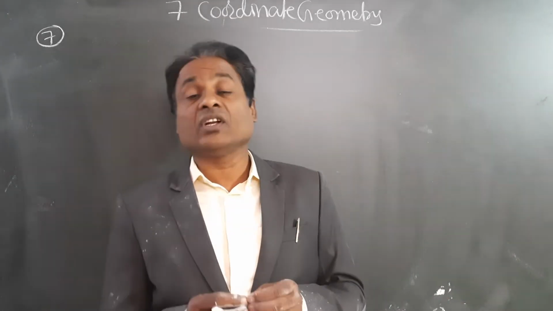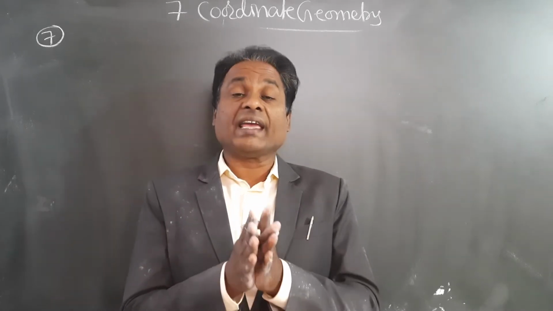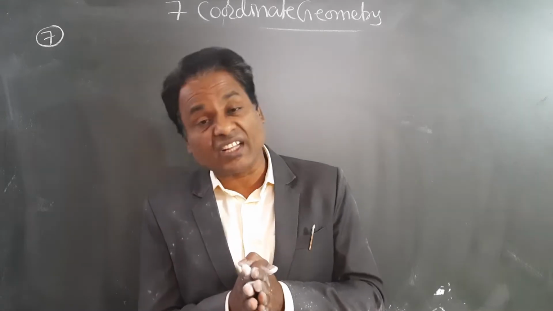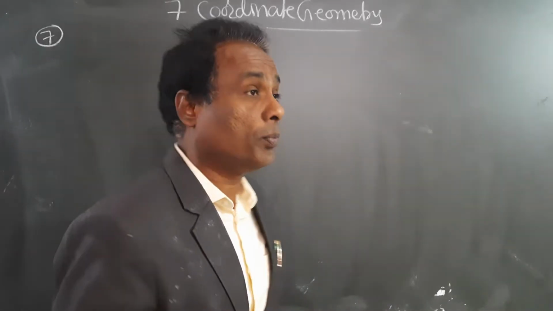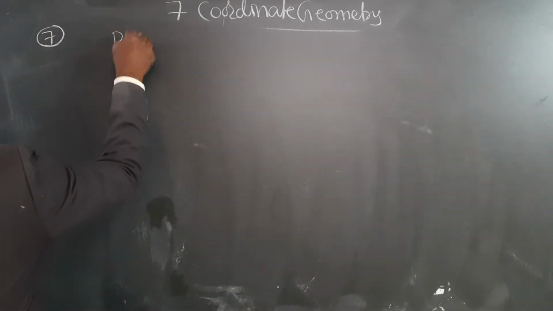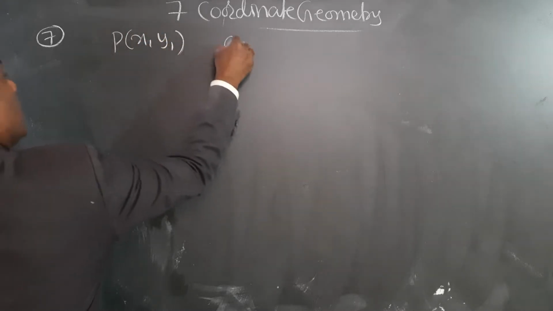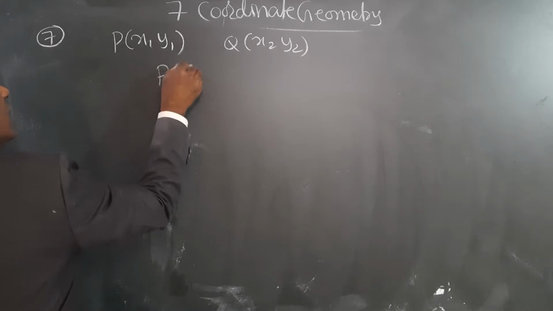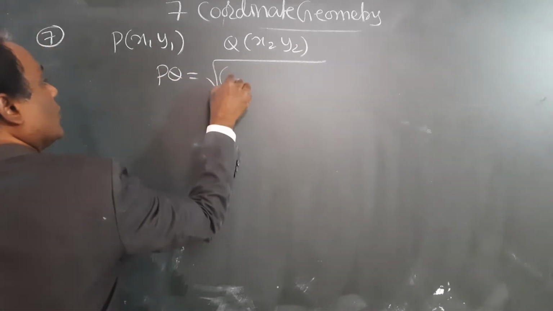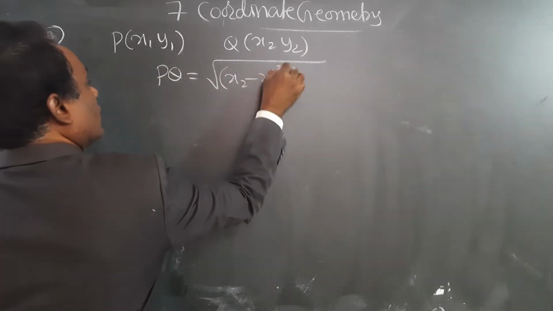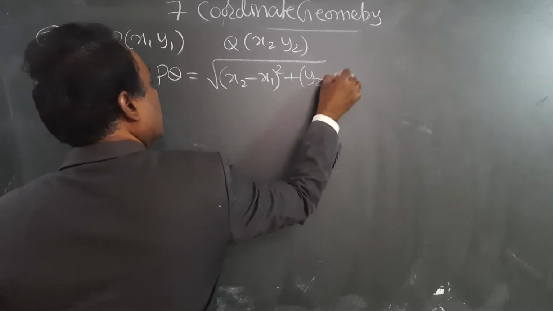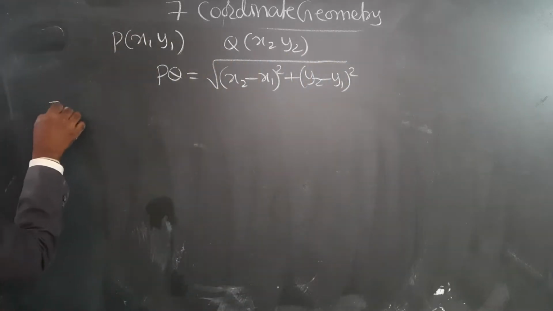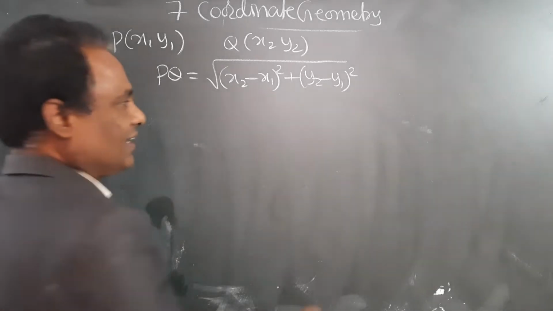In addition to that, I derived a very important formula, that is the distance formula, the distance between 2 points. Suppose P(x1, y1) and Q(x2, y2) are 2 points, then the distance between these 2 points is root of (x2 minus x1) whole square plus (y2 minus y1) whole square. This formula I explained. Now, suppose